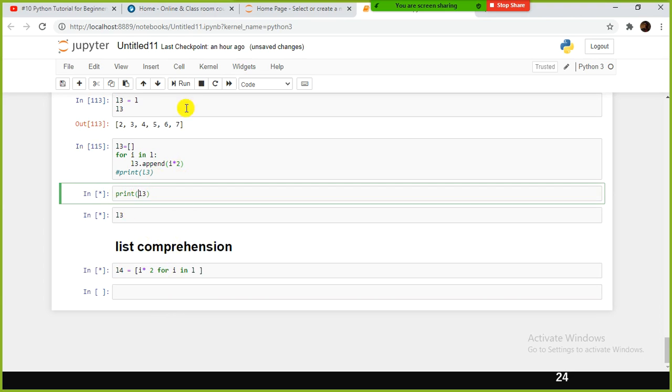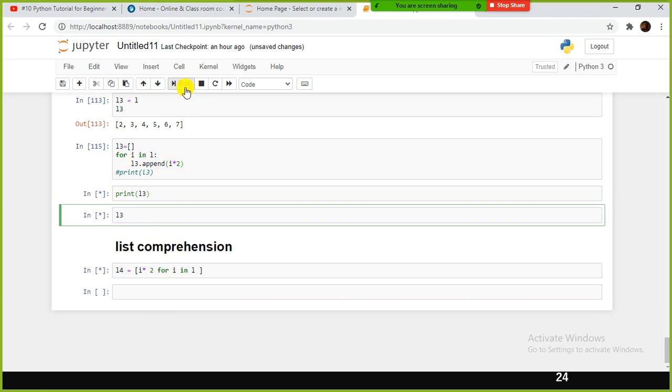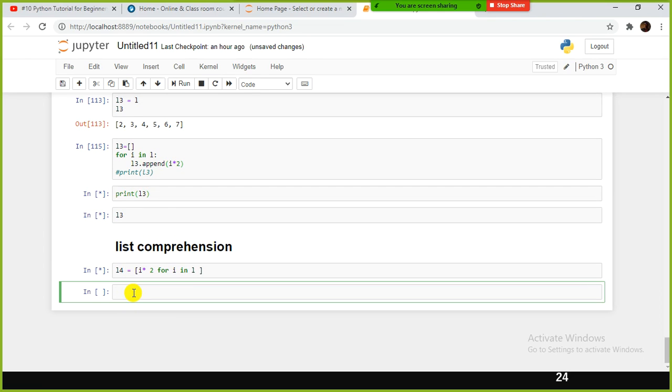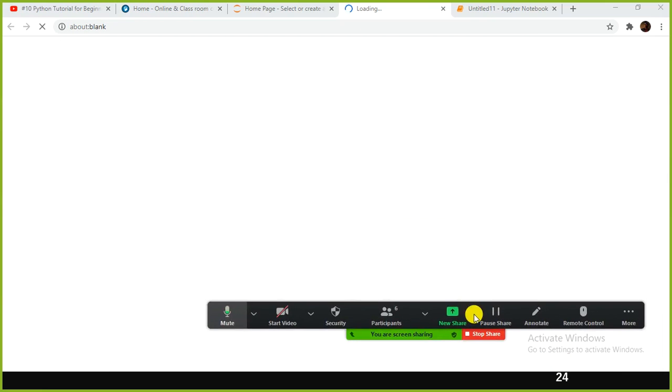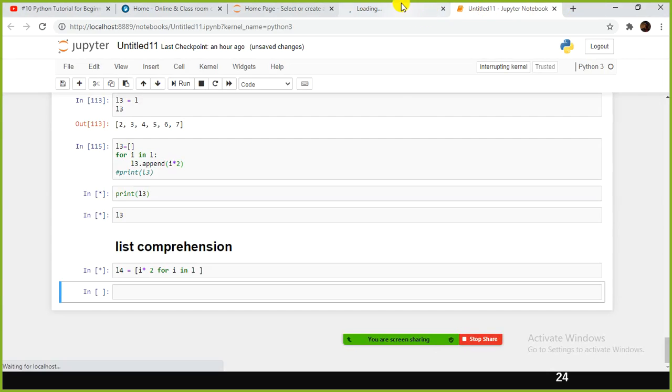Once it hangs, it's gone. I don't know. You can also try it out in your Jupyter notebook, if you are working in line with me. Or else let me do one thing: I'll open another code editor. Sometimes it hangs without any reason.